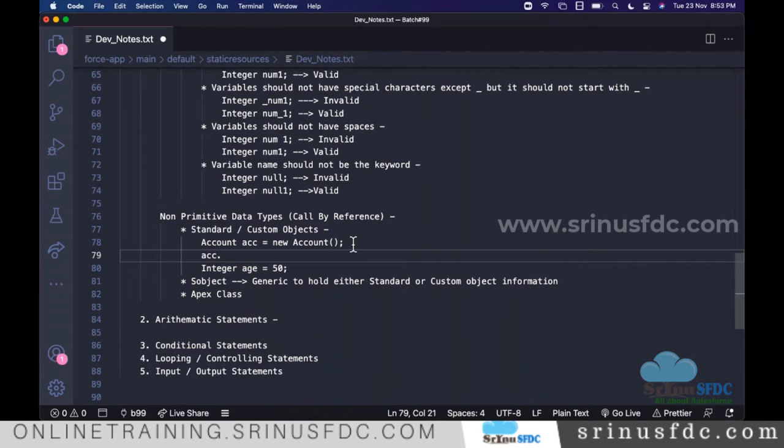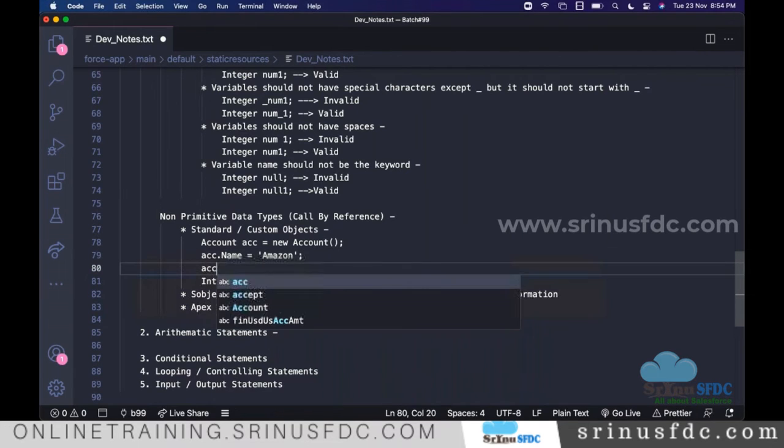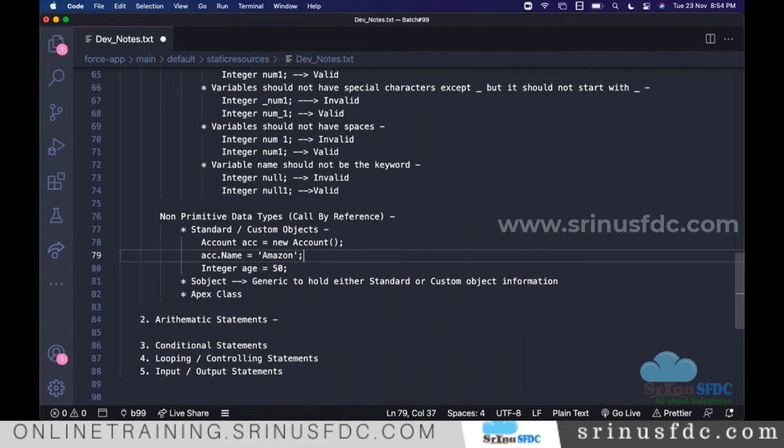Through the reference, we store the values. So same thing, I cannot say ACC is equal to Amazon. For sure, we have to create the instance and have the reference where this empty row is generated.